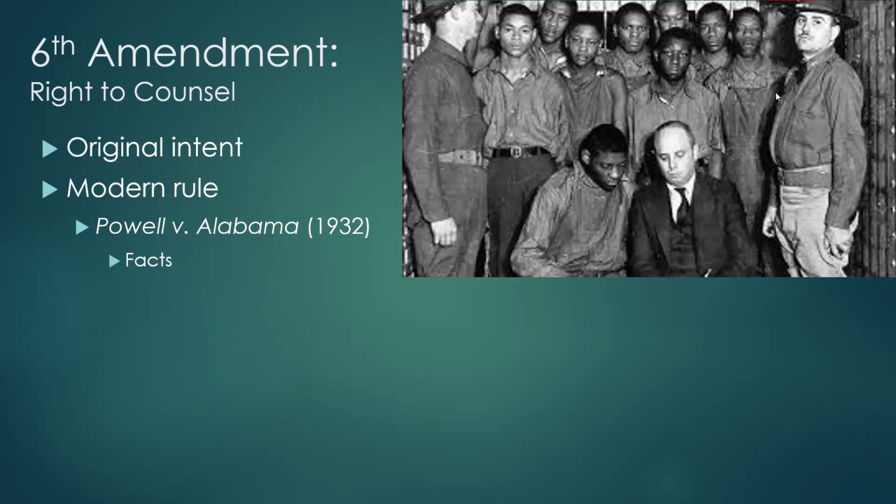And so there's discussion in what you read about the effort that the judge made to get some of the local attorneys to come in and represent the defendants, but they were rushing through the prosecution. I mean, they were arrested, put in jail, and the trial is a few days later. And this is before the days of the internet. I'm not even sure there was a telephone available, maybe, but they didn't have time to call home and get help, get an attorney to drive to where they were in Alabama. It was rushed. The process was so rushed.